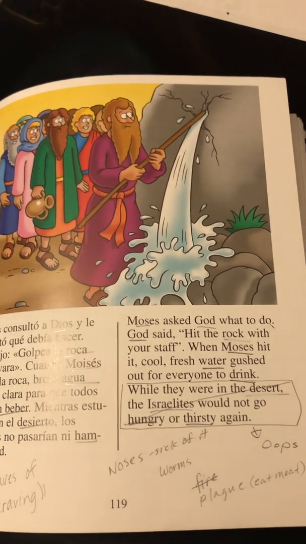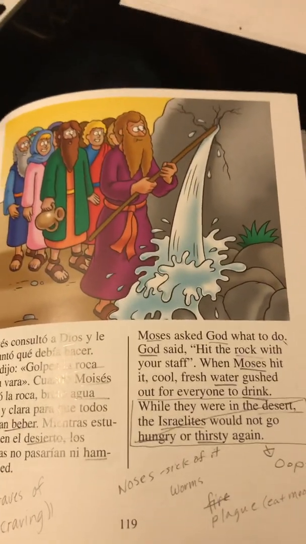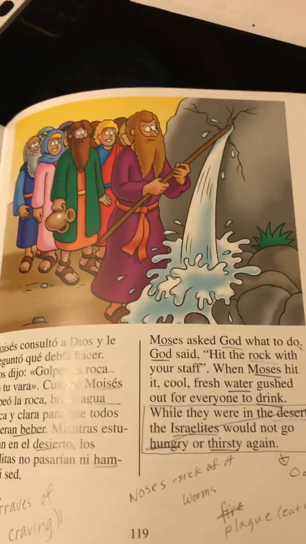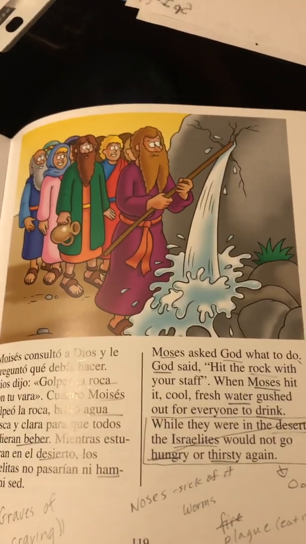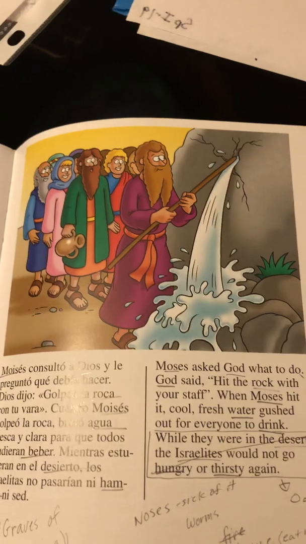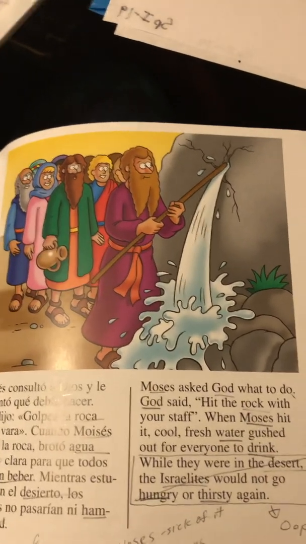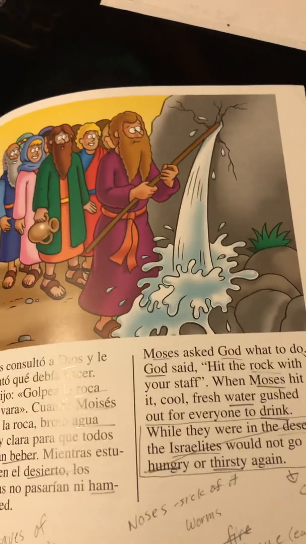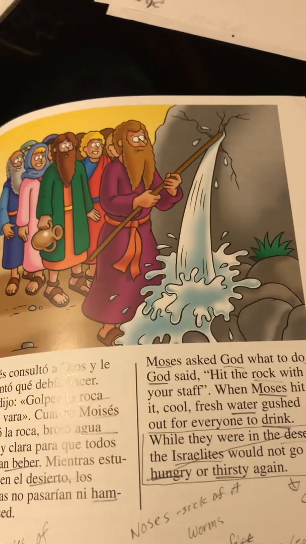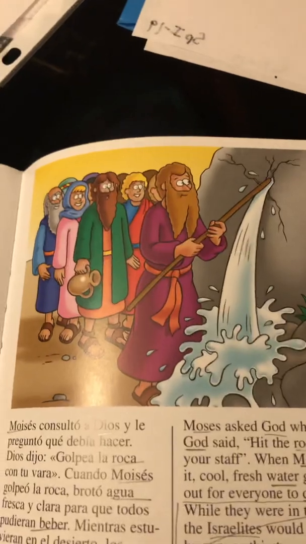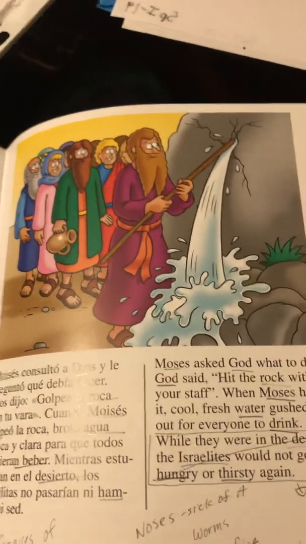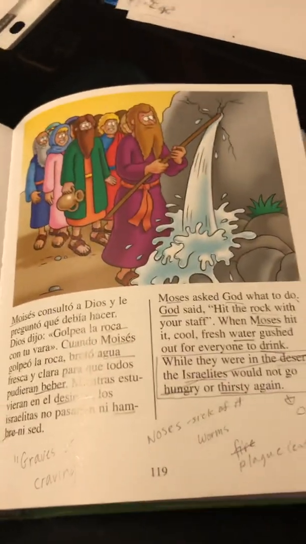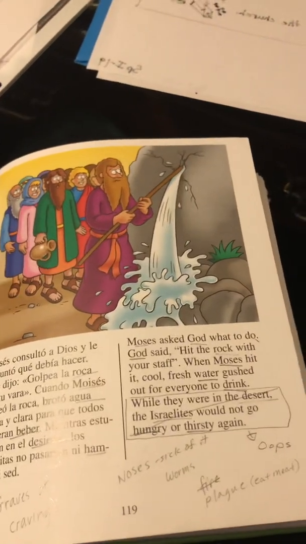And so my notes down here. Anytime you read a Bible story and it's not out of the Bible, just know sometimes there's little mistakes, and I try not to read the mistakes if I find them. At the end of the story, it says they never go thirsty again, but that's actually not true. Later on, they get thirsty again, and Moses is told to speak to a rock, and he doesn't speak to it. He hits it, and he gets in really big trouble for it because he did not honor God in front